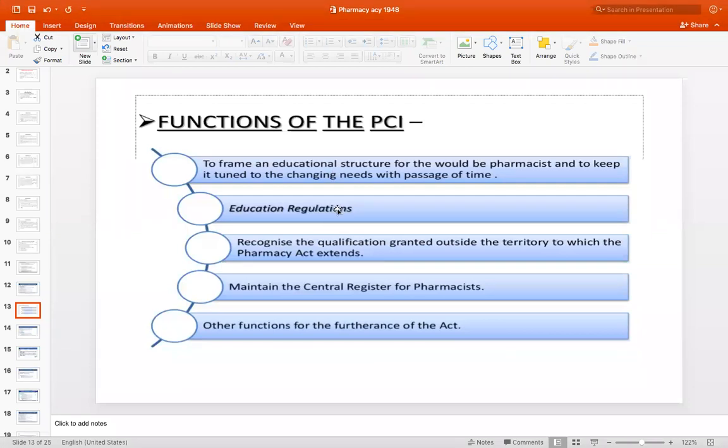Next, recognize the qualification granted outside the territory to which the Pharmacy Act extends. Like in any other country or state, if any qualification is being granted, for example, PharmD came into existence as a different profession, because we wanted to reduce the distance between hospital and pharmacist, or to bring more contact towards prescription, where there should be a detailed study of it, and also a person should clinically be aware what the patient is going through and which medicines are given. As pharmacists, till date we had vast information or education or knowledge about drugs, while clinically we were less aware. But now, as PharmD has come, they are more aware of clinical aspects, so that